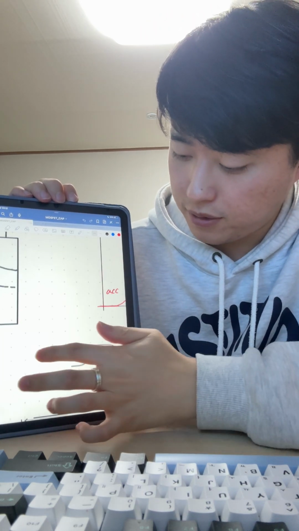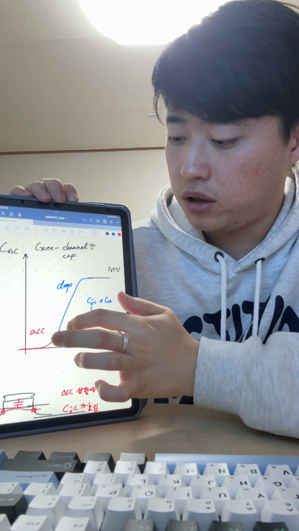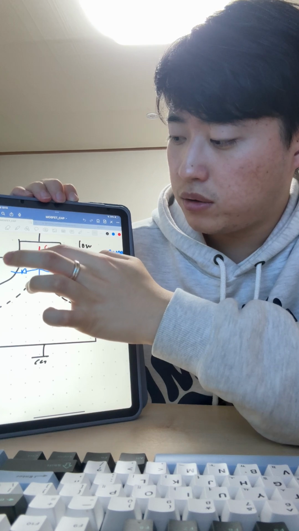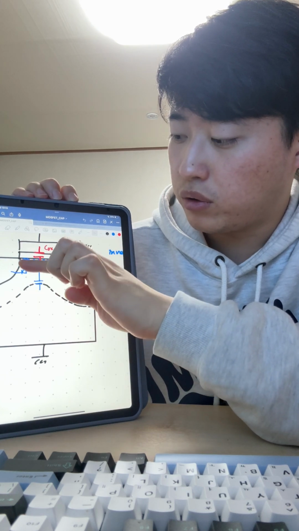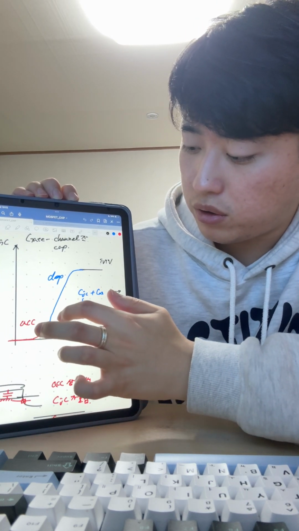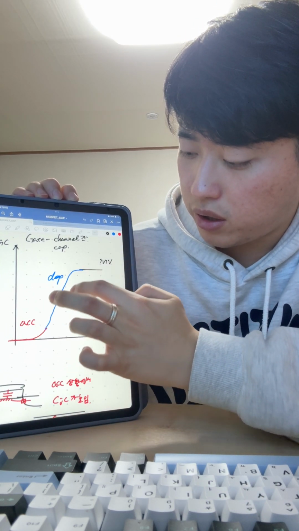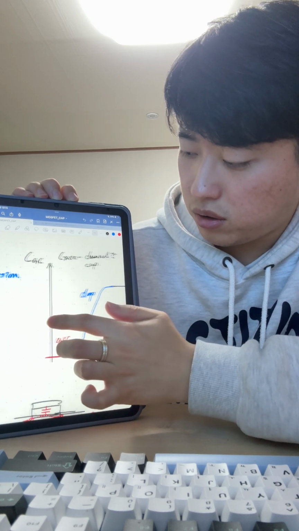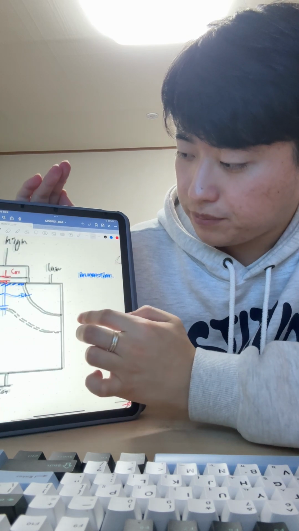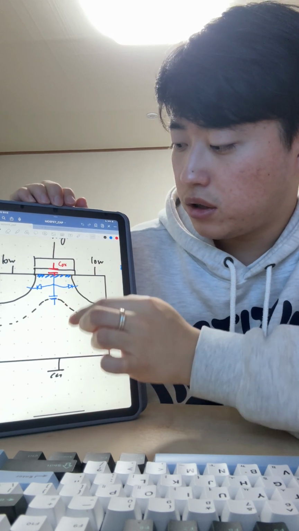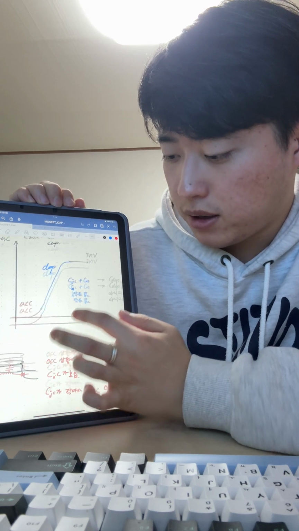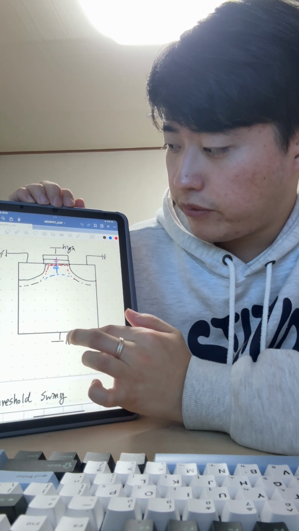So here is accumulation, and in depletion region we don't have this, so only COX. So here is much higher, and in inversion there is only COX. So here is. And last way,